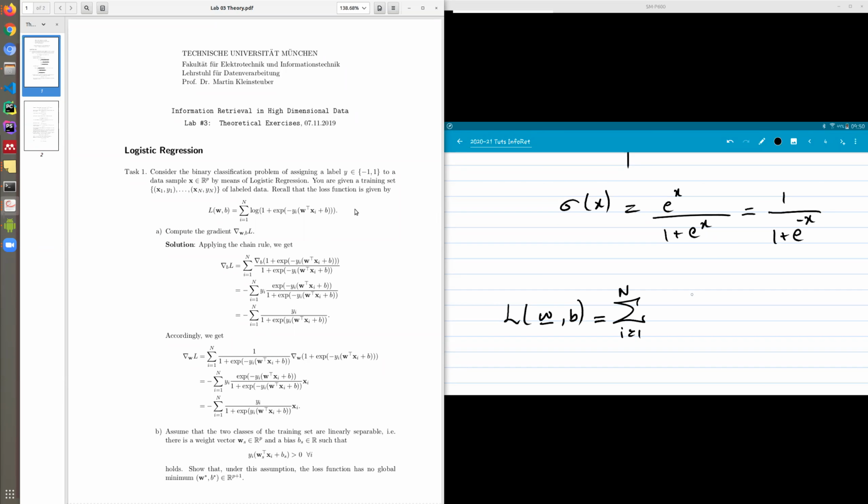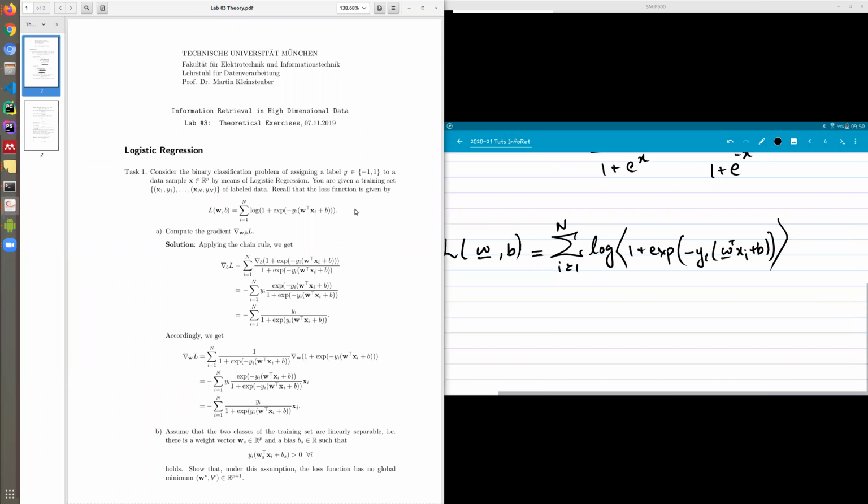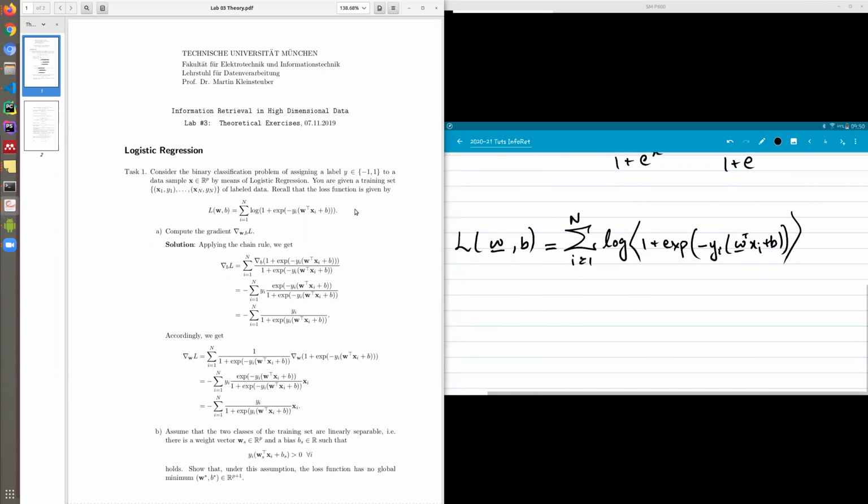So we sum over all the samples, and we have log of 1 plus exponent of minus yi (w transpose xi plus b). This is the loss function, and you might also remember the homogeneous case that Martin discussed, and this case refers to the fact that we can actually use